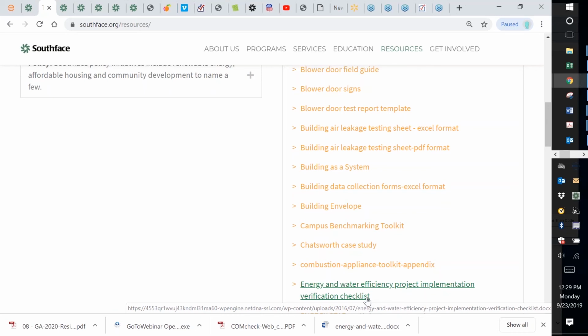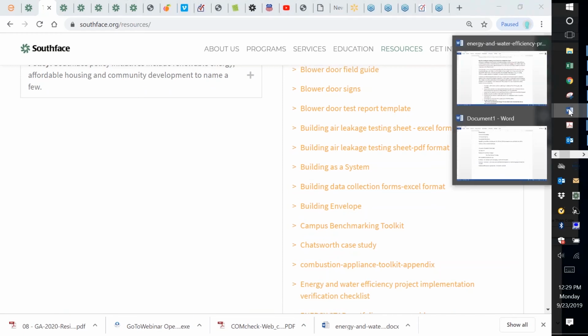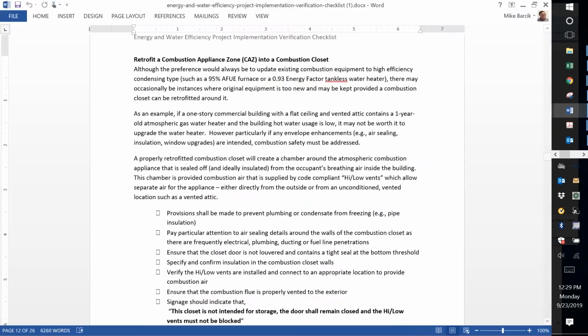EWIP or something, yeah. So we could probably come up with a better name for that. Someone suggested Retrofit Guidelines, which I think is probably a better name. Yeah, I think anything is better than that. But when you click on this, it's a Word file, and it actually is, I think, something that people might